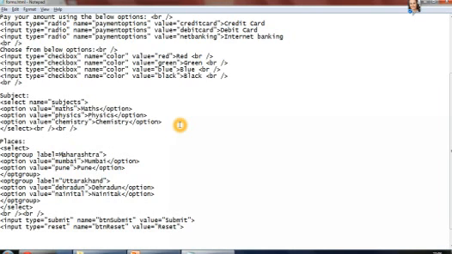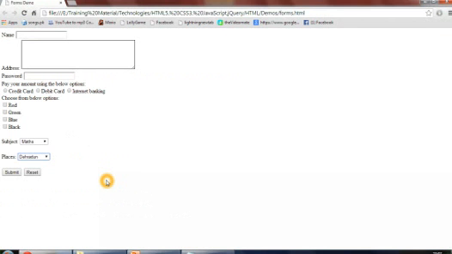If you want, you can remove the double quotes from here, or you can put them. You can also see Maharashtra and Uttarakhand are in bold letters because they are the labels. You cannot click on these, you cannot modify them. If you want to select Pune you can select Pune, or if you want to select Dehradun you can select Dehradun.